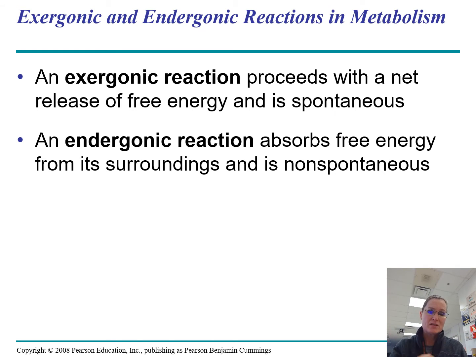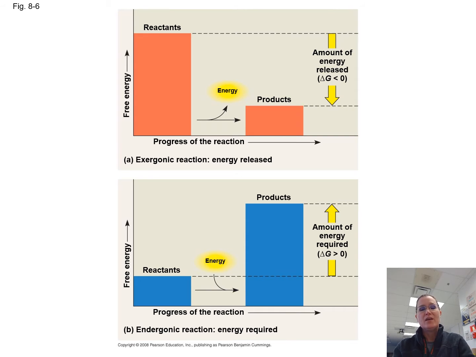On the opposite side is endergonic, where the stuff is becoming more orderly. Energy is going into the system and we're becoming more stable. We're going against the grain of letting stuff go. So these would be non-spontaneous. These would have a positive delta G. If we look at the top one and didn't know what kind of reaction it would be, we'd have a lot of energy and then we'd end up with less energy, which means energy was given off, which means that it is exergonic.